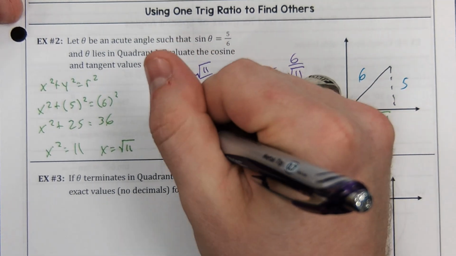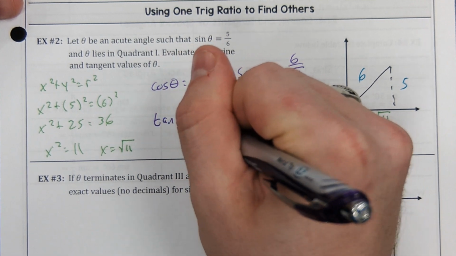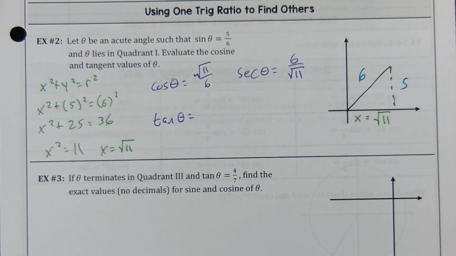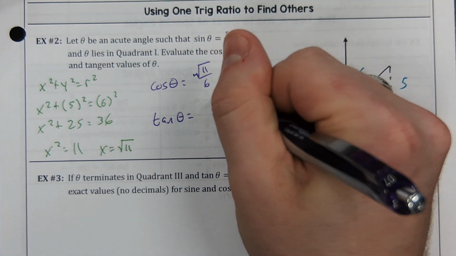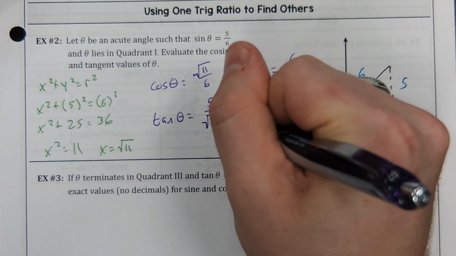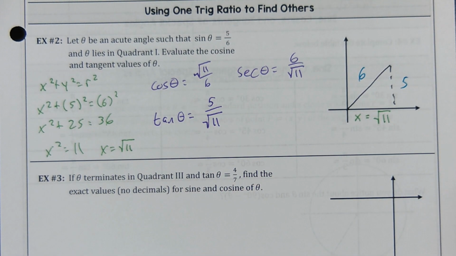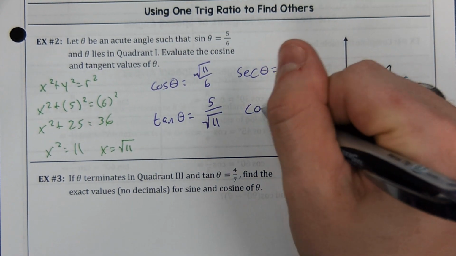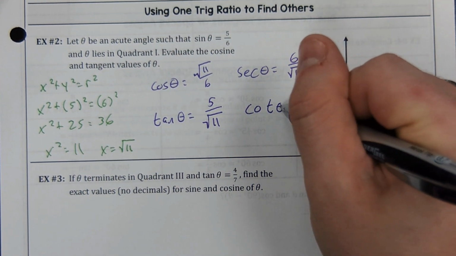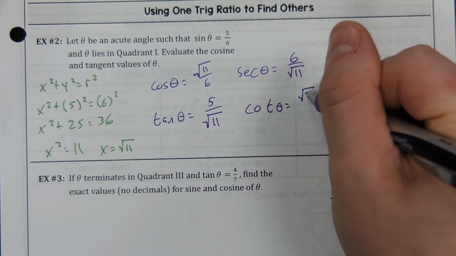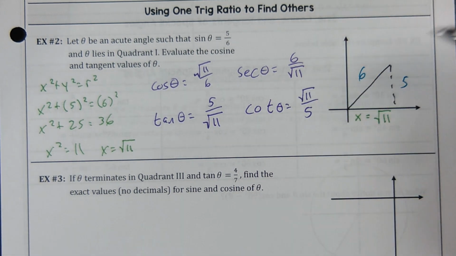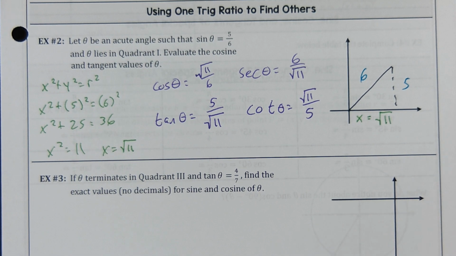What else? Oh, tangent. Tangent theta is y over x. So 5 over root 11. Again, I think you'd need to rationalize that for multiple choice. It'd be 5 root 11 over 11. And the reciprocal of tangent is cotangent. Flip the fraction over. So we have